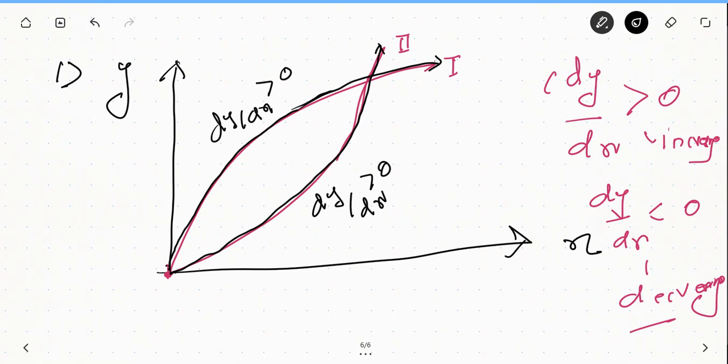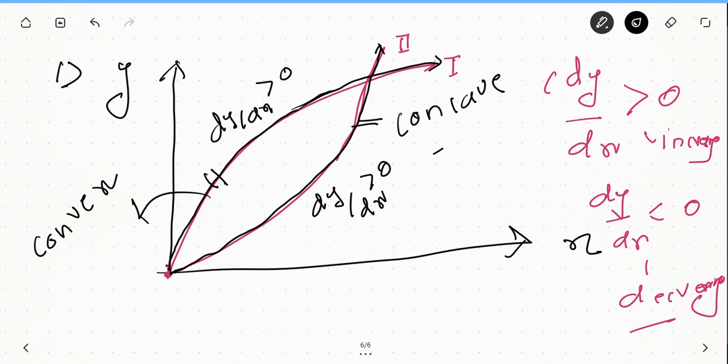Then why are the curvatures different? Now how do we justify the curvature? This one has a convex curvature and this particular curve has a concave curvature. So how do we identify or check whether a curve that is increasing will be concave or convex? This concept will prove to be a very basic concept while we draw the SFD and BMD for complex loading systems, because there will come various curves.